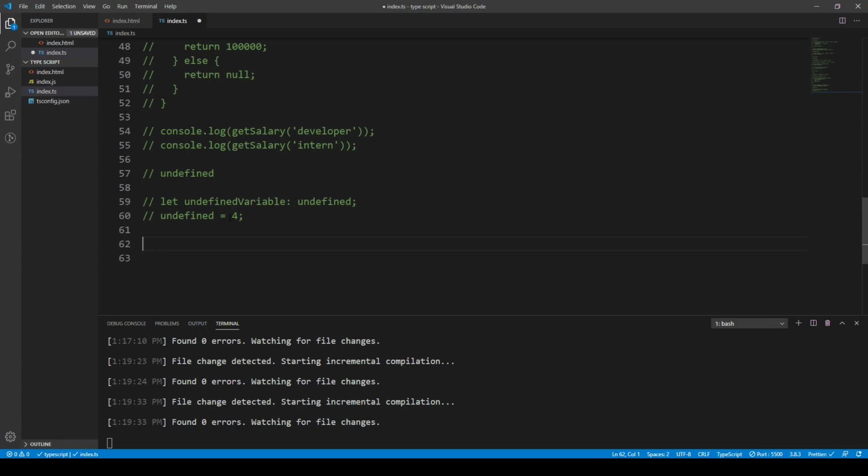Okay, so we've talked about a few different types. I sort of want to go into some function overloading. So this will be overloads, and I'll also talk about the void type as well. So this is going to be a practical